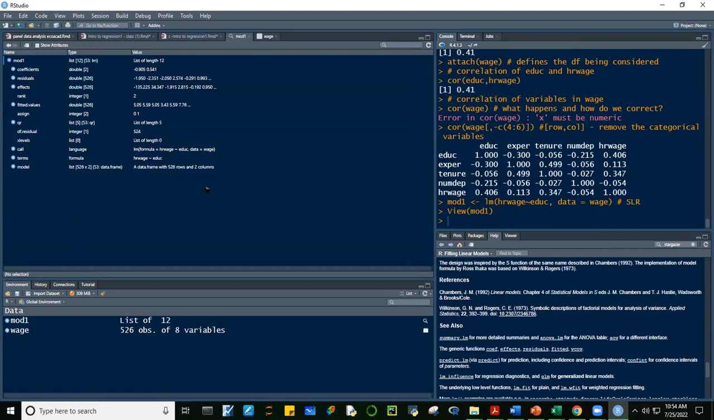Magagamit natin yan. So yung model, guys, yung linear model has many contents. Hindi lang isa yan, no? Marami siyang contents. Kita natin dito: a list. So meron siyang double, meron siyang integer, meron siyang list pa rin. Okay, meron siyang a list within a list. So several contents of your